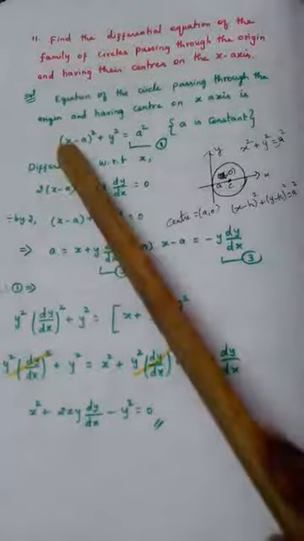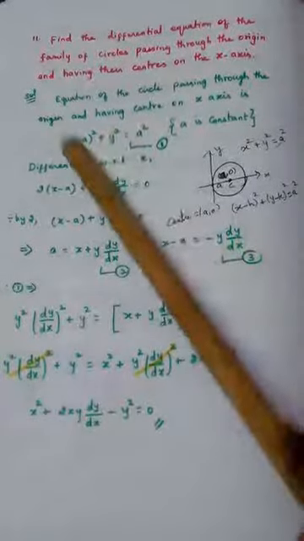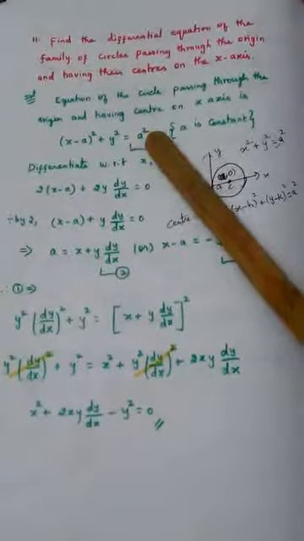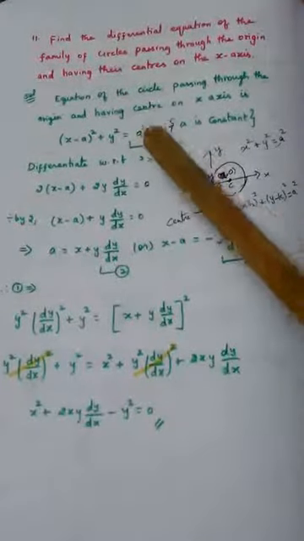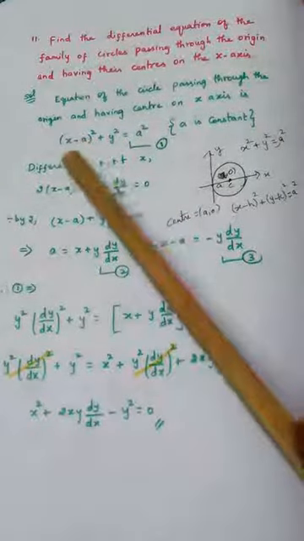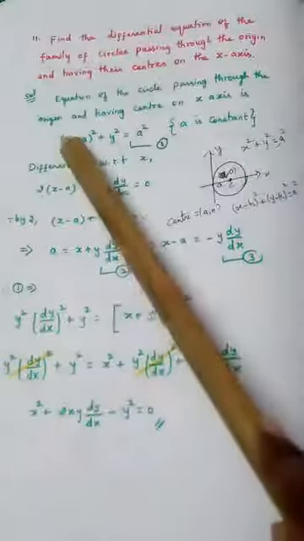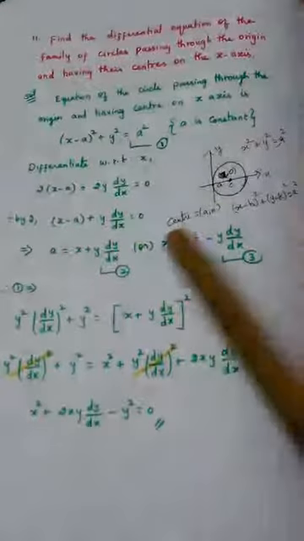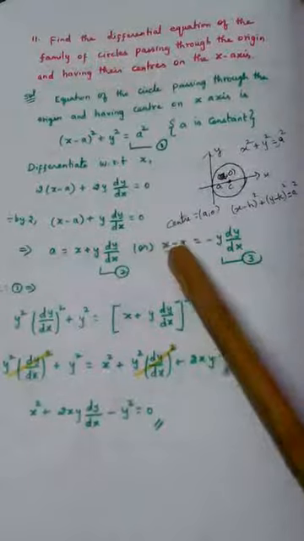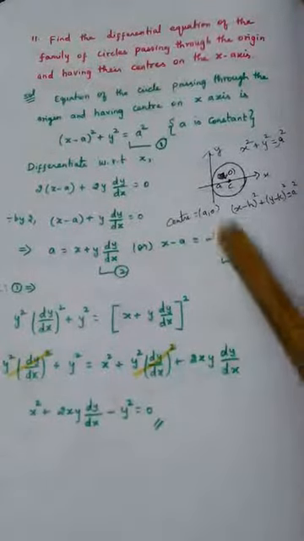Now I am going to change this first equation. My aim is to form a differential equation without the constant a. a is the arbitrary constant here, so I have to omit a when I find the differential equation. In this first equation, it starts from x minus a whole square, but I have a value for x minus a. From the third equation, x minus a is written as minus y dy by dx.